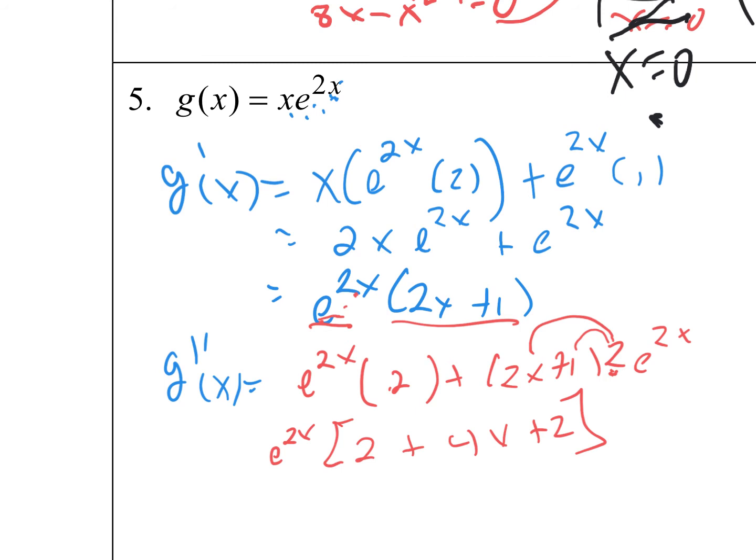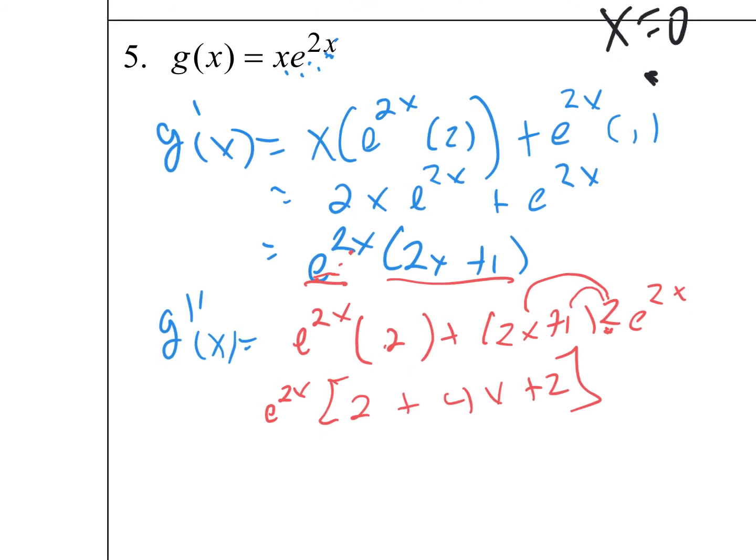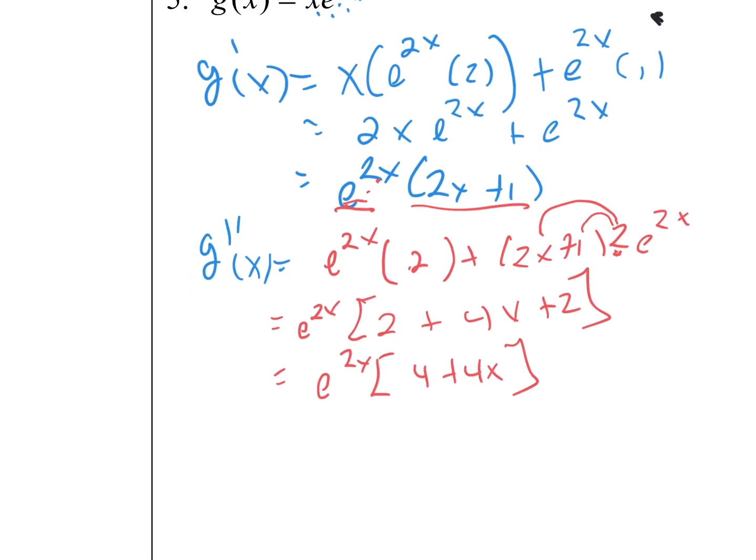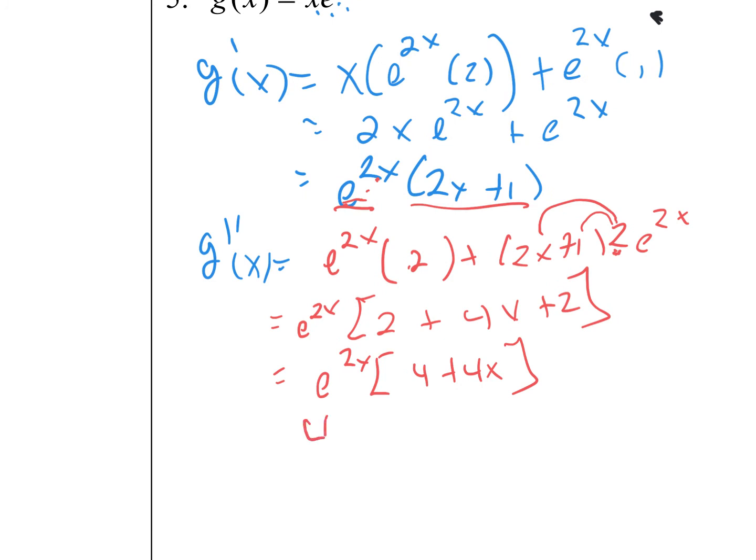Yeah, I think I can. I can say this is still equal to e to the 2x times, how about a 4 plus 4x? Do you like that? Now I can factor out a 4. 4e to the 2x. Why didn't you say so? 1 plus x. You don't have to do that, but